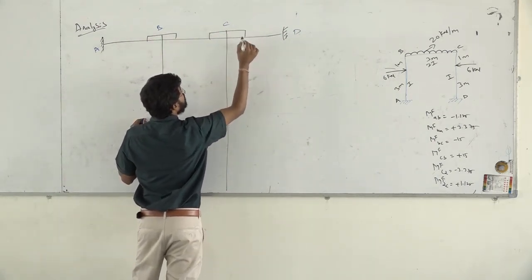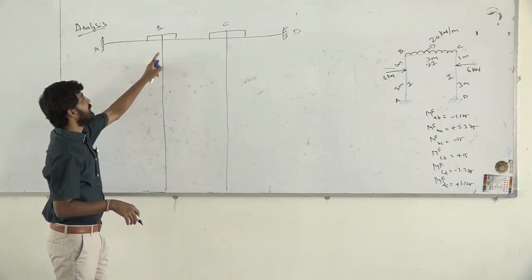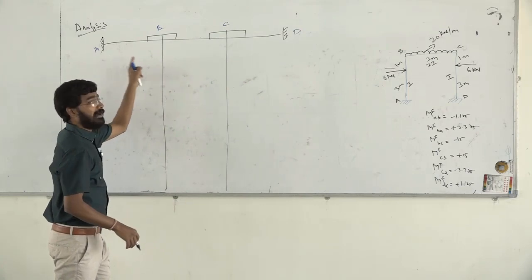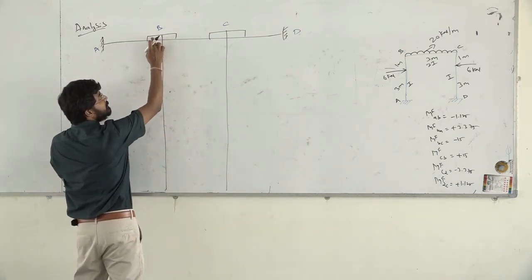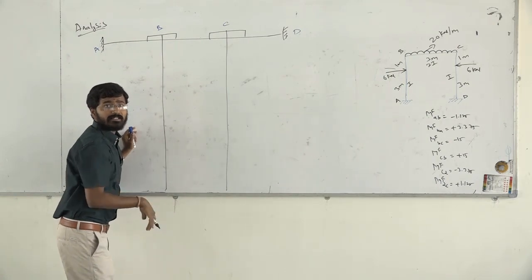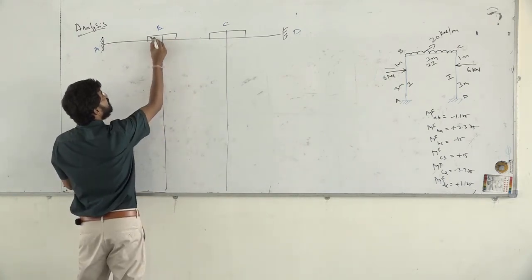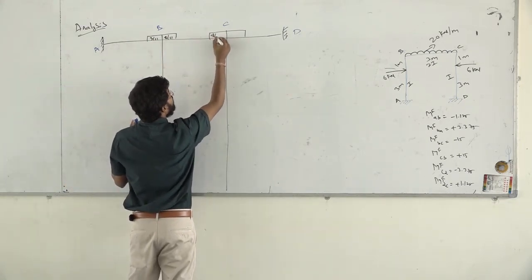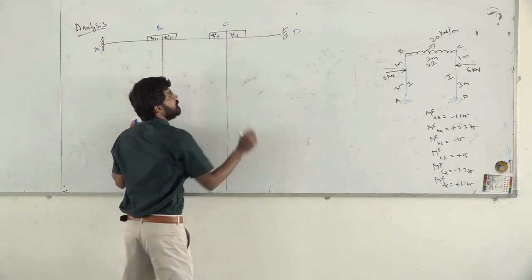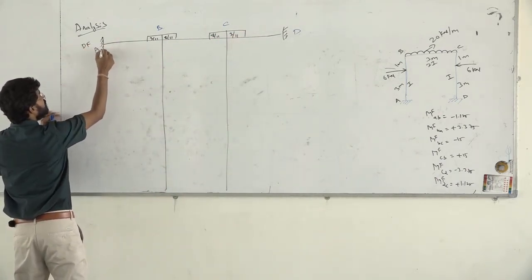Now if you see with your moment distribution, here we have to distribute the moments. So at A, B, C and D we have drawn, the same as with our B. Now here we have to write our distribution factor. Whatever distribution factor we have got, that distribution factor we have to write here, which is 3 by 11, here 8 by 11, here again 8 by 11, here again 3 by 11. This was our first step. If you see, we have our distribution factor.